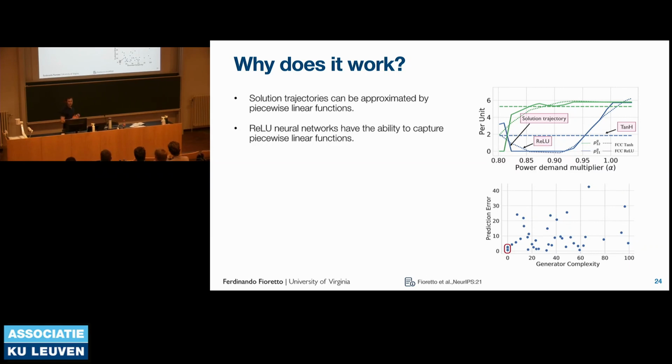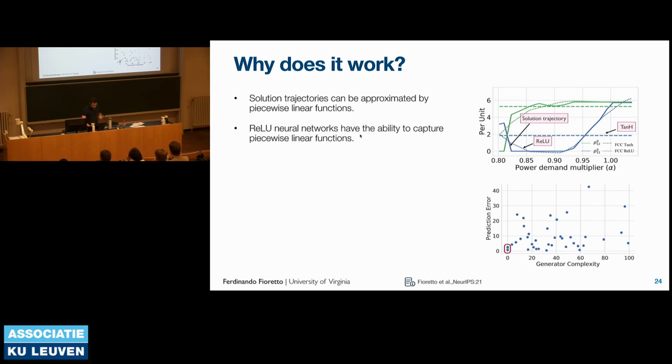functions, right? This plot here is just to illustrate that when you train a network with an architecture that has ReLU functions, which are the dotted lines, they do a much better job of capturing those piecewise linear functions than one trained on the tanh activation function, which is the dashed lines. In hindsight, it should be intuitive. We know there is a result by Hanin et al. in 2020 that proves that ReLU neural networks are exact approximators of piecewise linear functions.